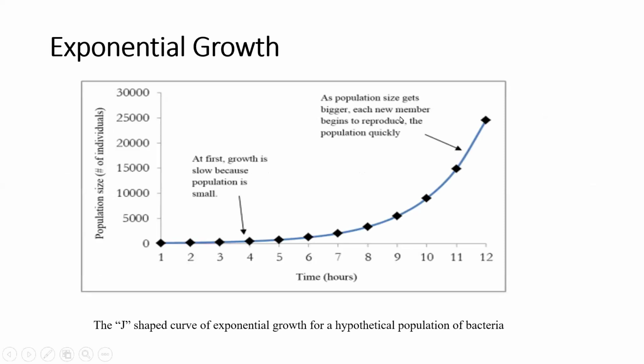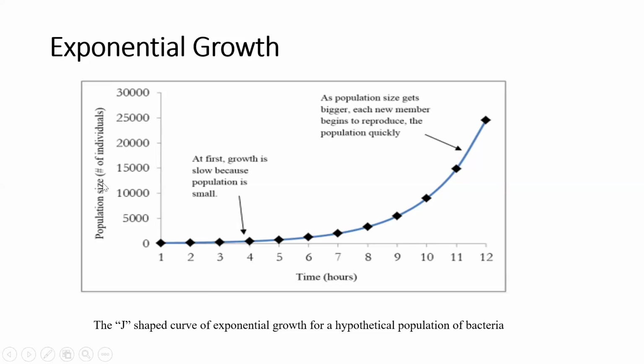When we talk about exponential growth, we also refer to the population of species. It's not only human beings. We also talk about non-human beings like bacteria, even trees, birds, all of them, they are species. So when we have this exponential growth, it goes like a J like this.